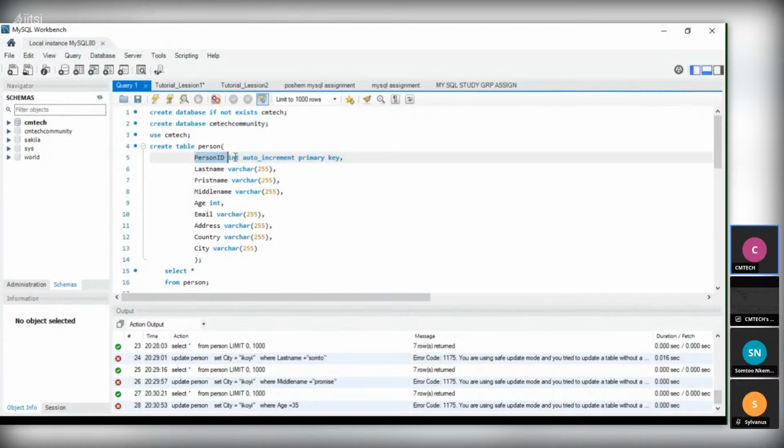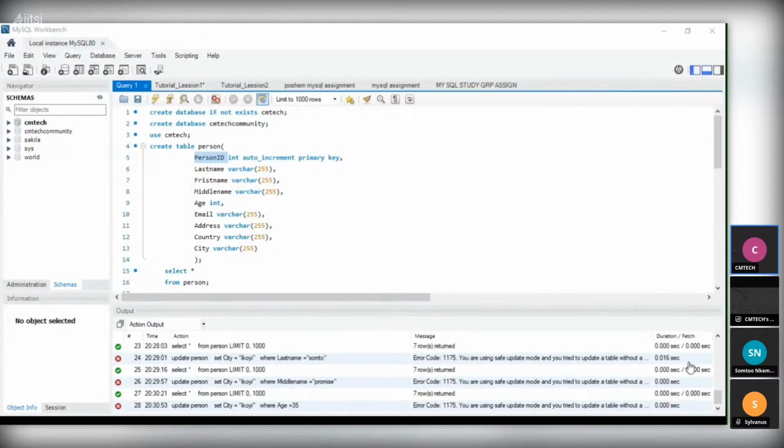Remember, person's ID, auto increment, and primary key. Do you understand what is meant by primary key? It is a unique and non-null key, a unique key to access all columns.